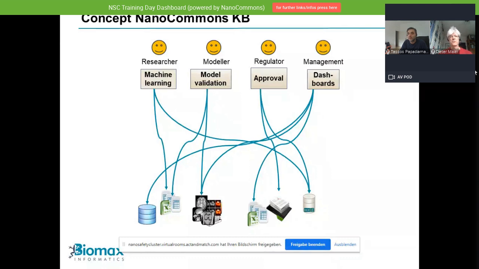Very brief background on the NanoCommons knowledge base, because it is different from many projects in the sense that it is not a data warehouse. It is really an infrastructure. NanoCommons is a European infrastructure project that provides services and tools to the nano community, to the nanosafety and nanotoxicology community. And the knowledge base is part of that infrastructure.